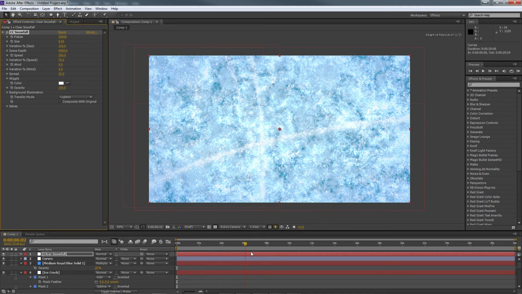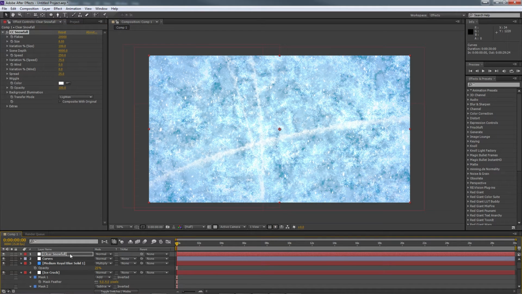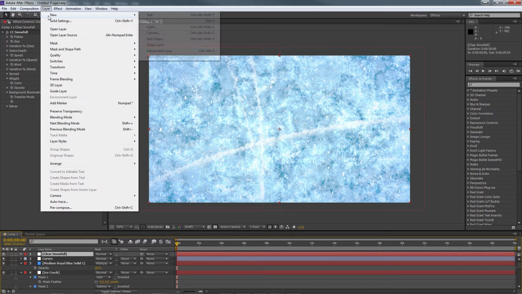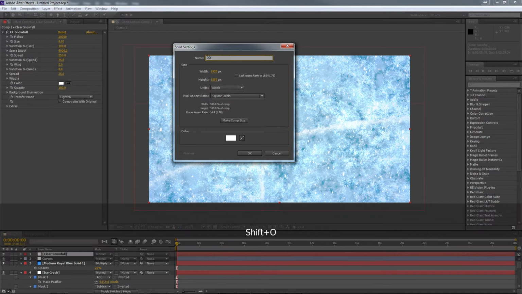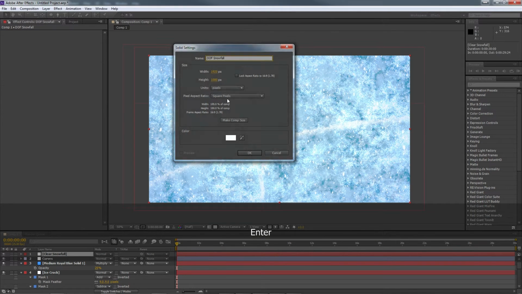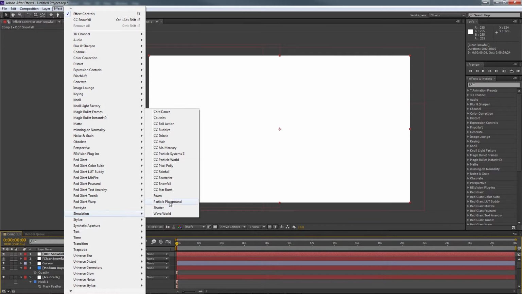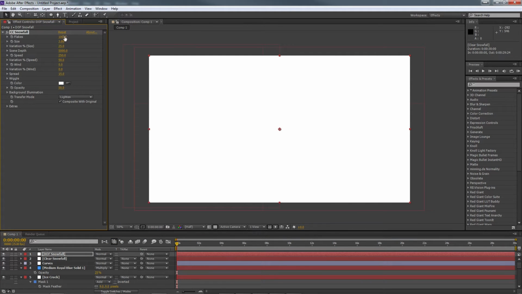So if we drag through, we can see we've got all this snow sort of falling like so, which is great. But we also want to kind of give the impression that there's some really close to the camera as well. So to do that, we'll go Layer, New Solid again, and we'll call this our depth of field snowfall, or DOF. Again, we'll go to Effect, Simulation, CC Snowfall, and we're going to set our flake sizes to 200